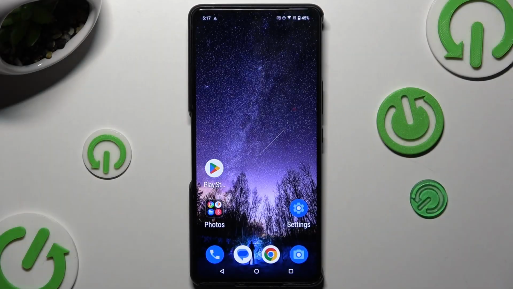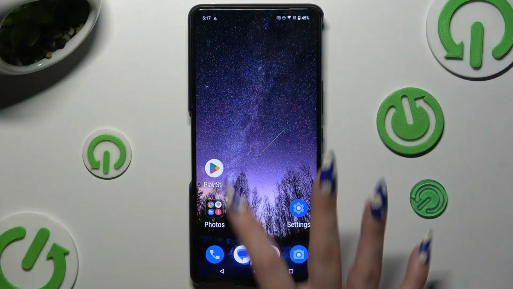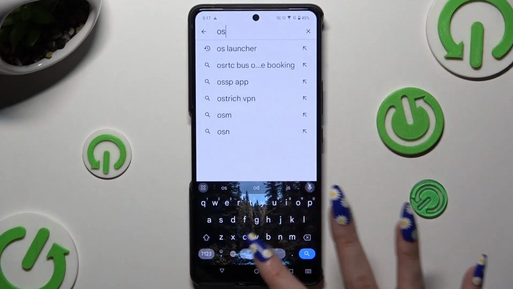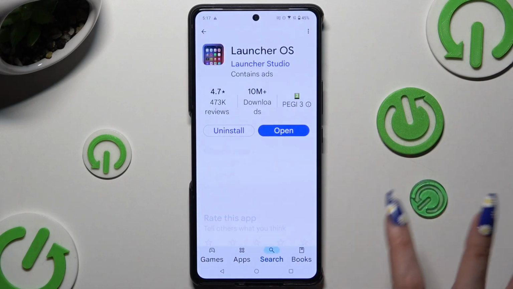In front of me is ASUS ROG Phone 9, and today I would like to show you how you can apply app layout on this Android. All you need to do is go into Play Store and download free app from Launcher Studio Developer called Launcher